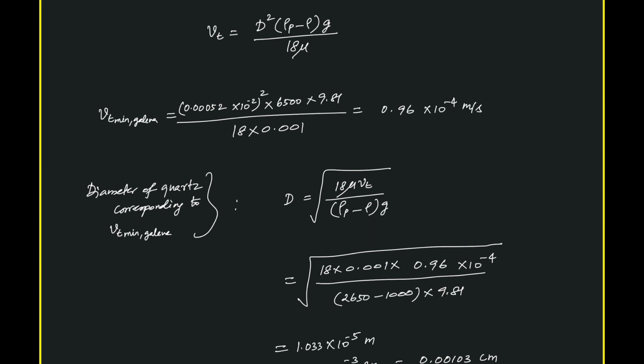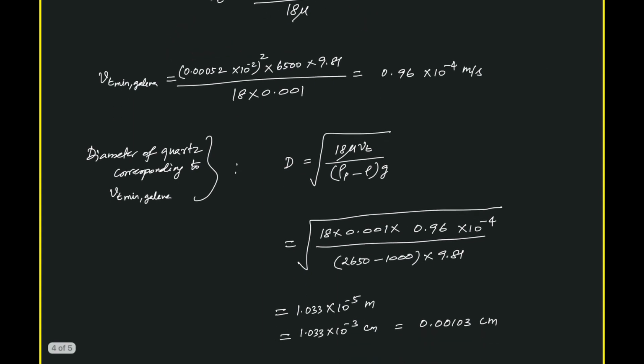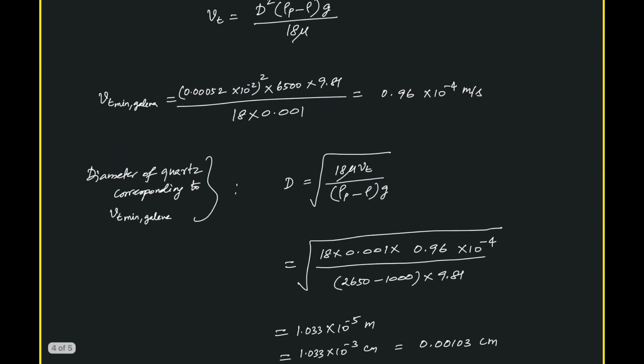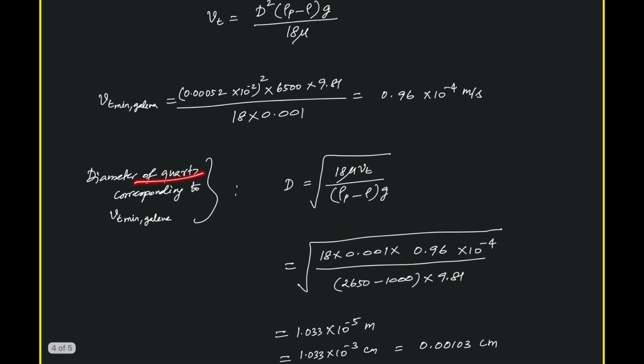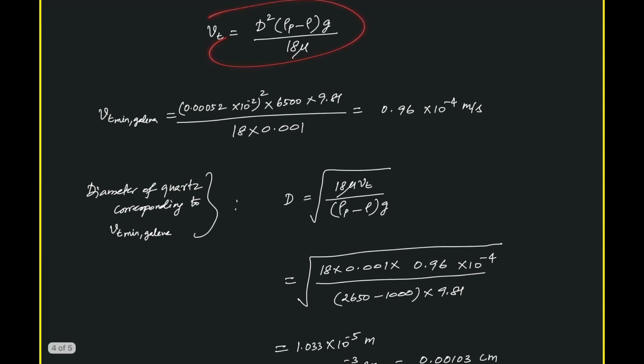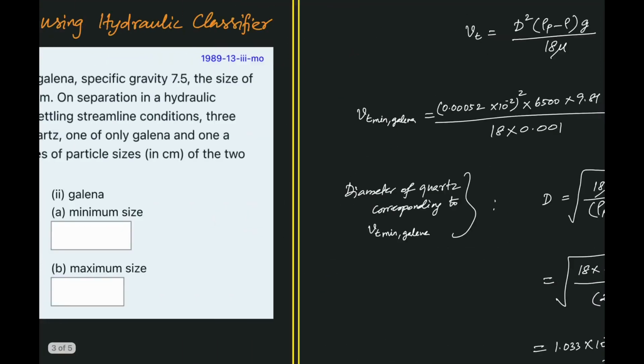With 0.00052, and rho p minus rho is 7500 minus 1000, which is 6500, times 9.81 over 18 mu, we have 0.96 times 10 power minus 4 meter per second. Substituting the velocity again in this Stokes law, we get this diameter, which is the diameter of quartz. In the formula we simply substitute the density of quartz. Why is it so? Because